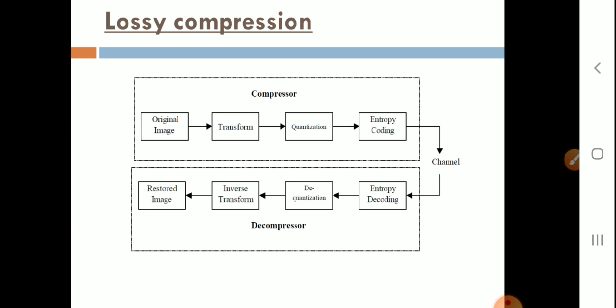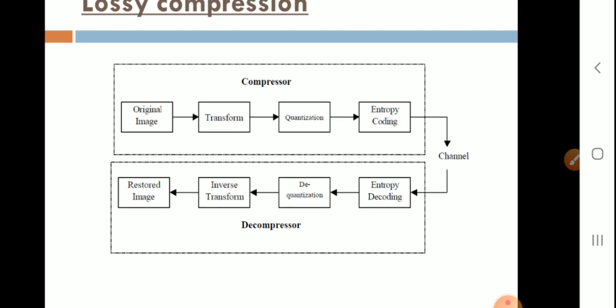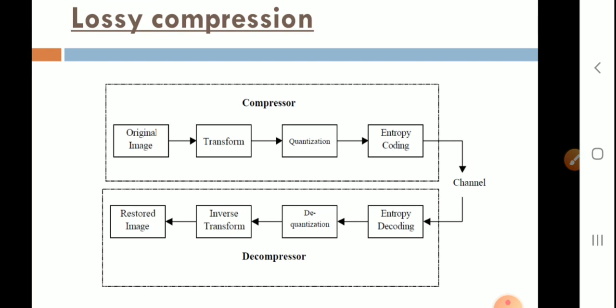So these are the compression techniques which are to be used. Next we have the system. In the case of lossy compression, we have the original image. We perform the transformation on that image to reduce the interpixel redundancy, and then quantization is applied to reduce the coding redundancy. The psychovisual redundancy is also reduced by applying the transformation, quantization, and entropy coding. So the three types of redundancies are removed.